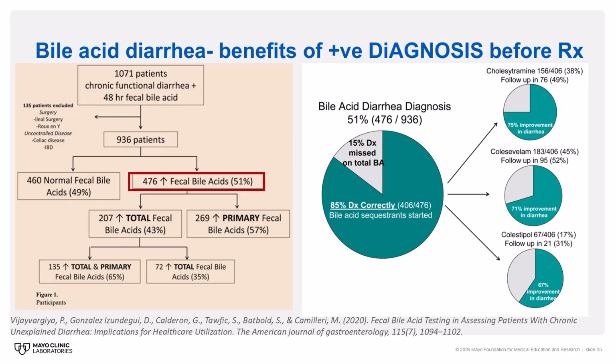In contrast, in the same period of time, we also looked to see what the therapeutic response was if the patient just had chronic diarrhea and the physician decided to put them on a therapeutic trial of one of those 3 bile acid sequestrants. The response rate in that group was only 25%. So if you make a positive diagnosis before you treat the patients, you have a 3-fold likelihood of responding to